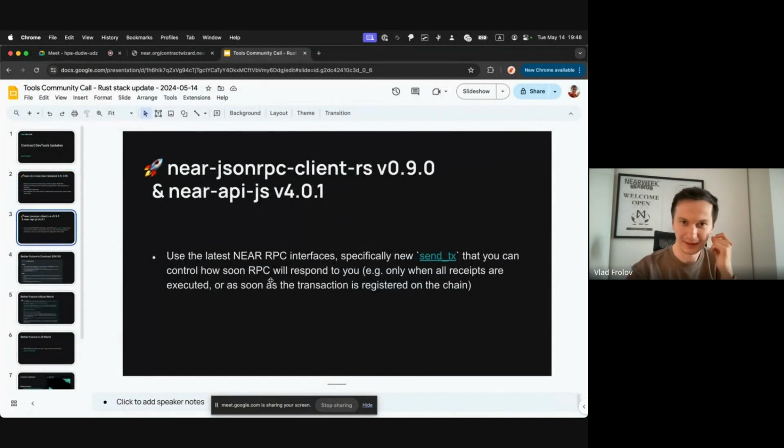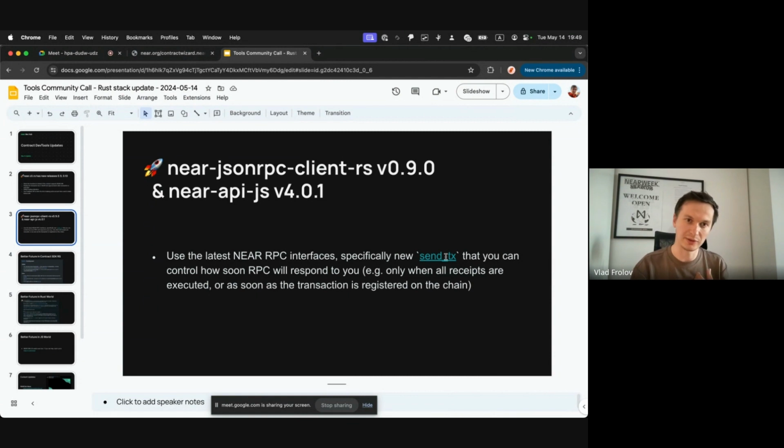Let's move on. The near-jsonrpc client and near-api-js actually had recent releases that enabled the new API for sending a transaction to the network. This is a new API with a recent nearcore release that allows you to specify the finality level that you want to wait until the RPC server will respond to you.